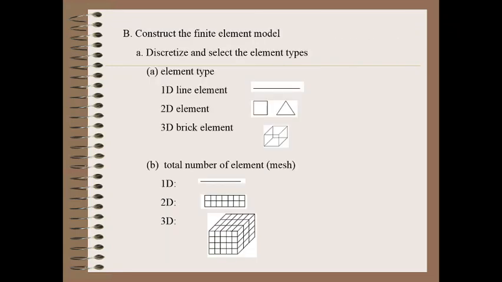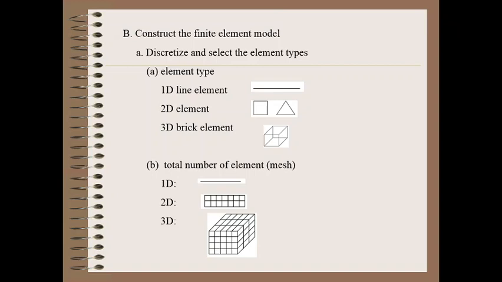Next we want to construct the finite element model. We already discussed discretization. Discretization means subdividing the parts into a convenient number of smaller elements. A one dimensional element is a line element. In a two dimensional element, if it is a rectangle, we can divide the rectangle into many parts, and we consider each small divided part as an element, and we arrange the equations and solve them by using matrix algebra. And a three dimensional element is a brick element.